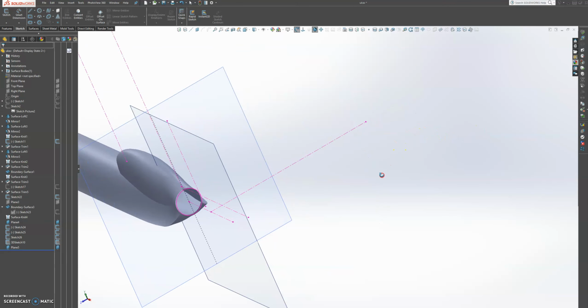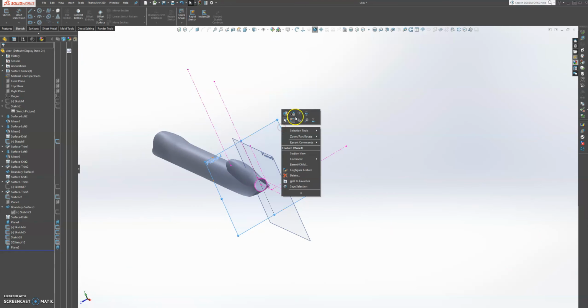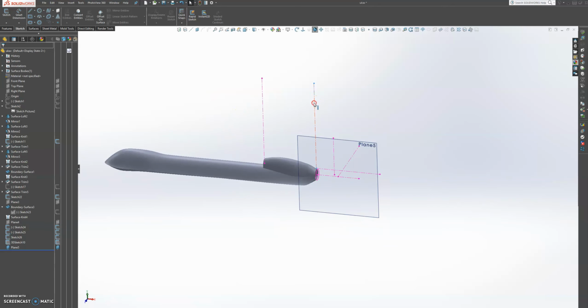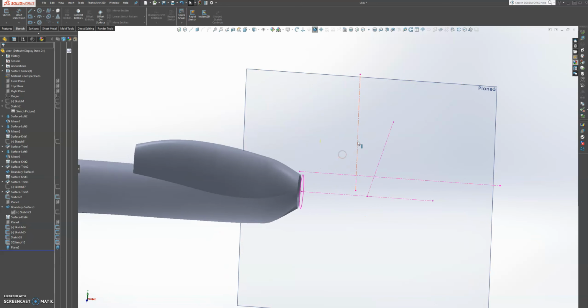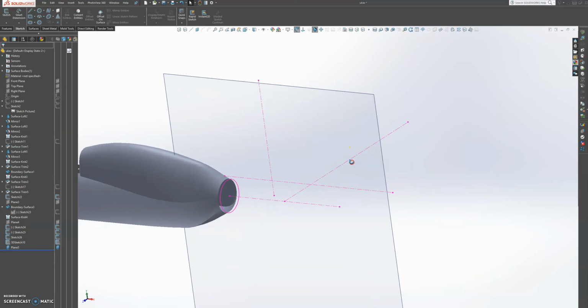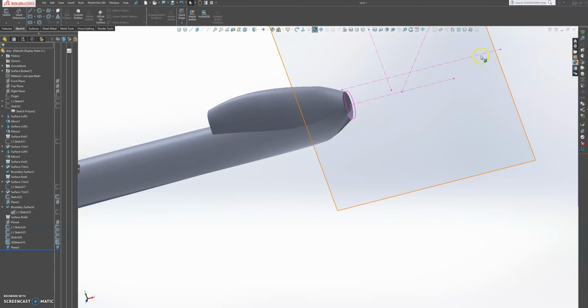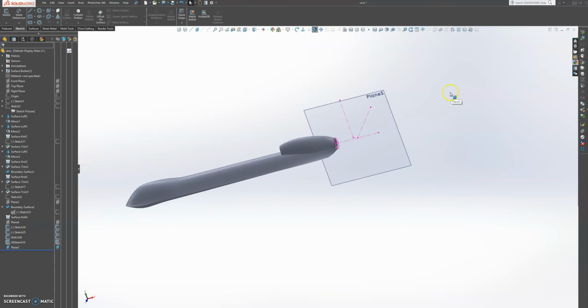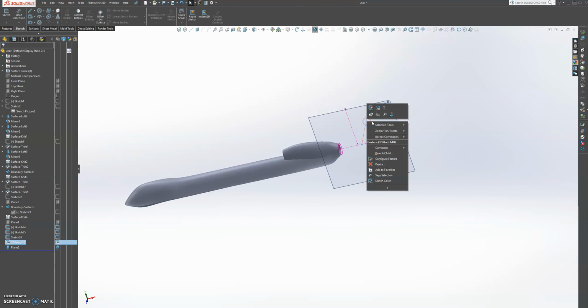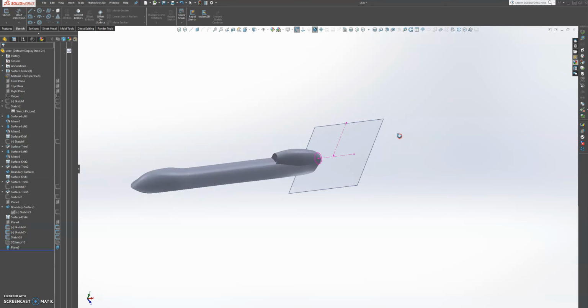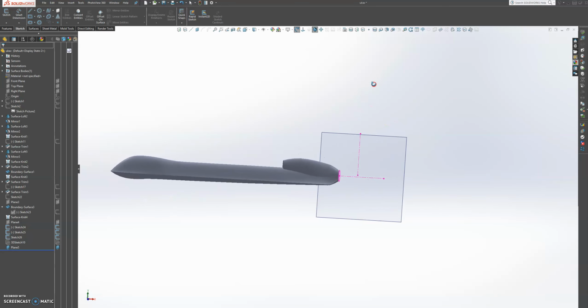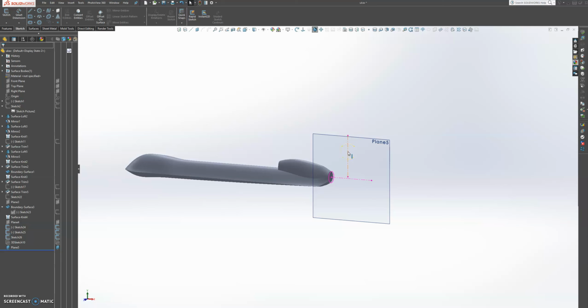So we have a lot of lines here that could be confusing. So let's hide some of the lines. Let's hide this one. We don't need that anymore. That's just showing our references for our turbine. So let's see. That line we need. And what other line is that? That line we don't need. Okay, and then maybe we can get rid of this line. And that looks perfect. Okay, and maybe we can also get rid of this line. Okay,